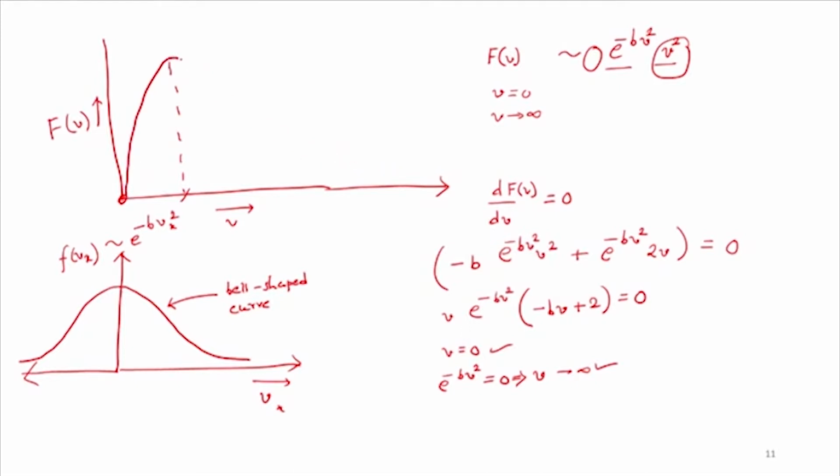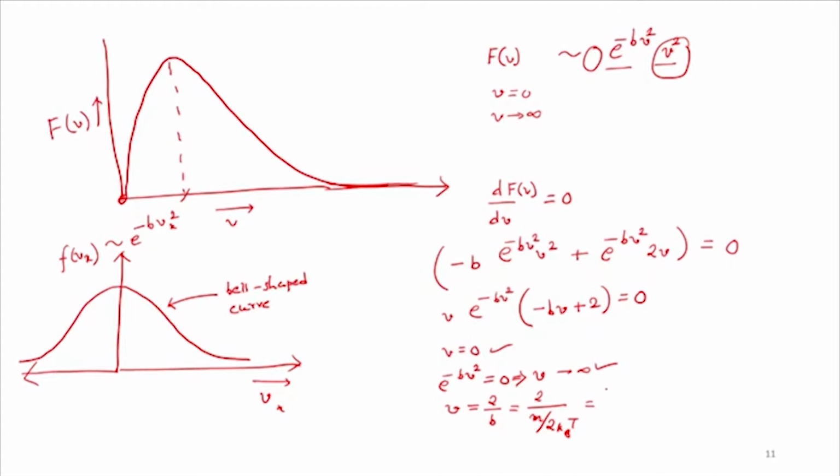So you can draw it more nicely. At very high value, this is also the second minima. Actually the minima should not be here; it's just an exponential square decay, so it is at v tending to infinity, the very high value. And the third condition is giving me that v is 2 by b, and remember what b was? b was m by 2 kBT, so it is basically m by twice kBT. If I just put it on top,